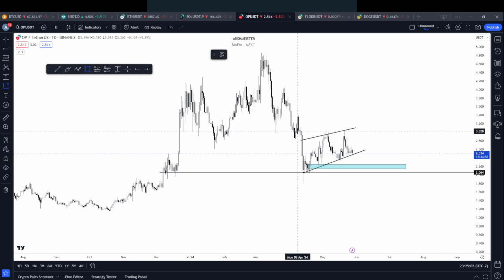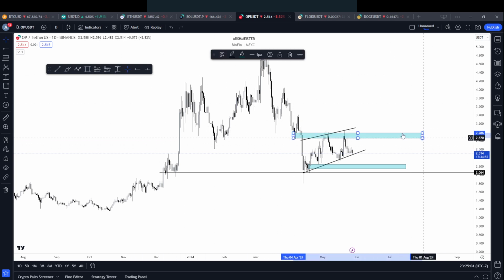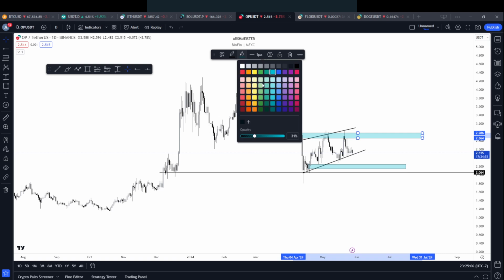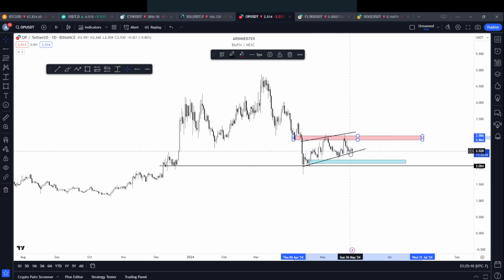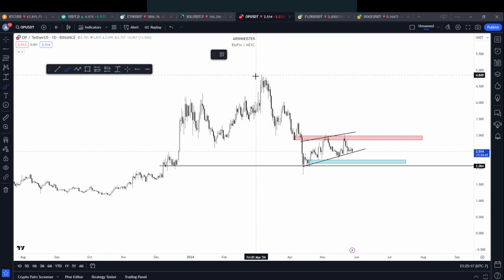LDO comes around this level here. Okay, clear resistance, we have not flipped it. If this is flipped, right, we have a break of structure, and then we should go higher, right? Because if this was our last, here is your higher high, right? Lower low, lower high, lower low, lower high, lower low, lower high. Here,